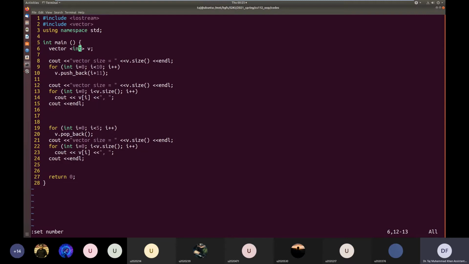So we can add different integers, store different integers in this vector. The vector is like an array, but it's better than an array in the sense that its size is dynamic. It can expand or shrink based on the number of elements that we have put inside the vector.